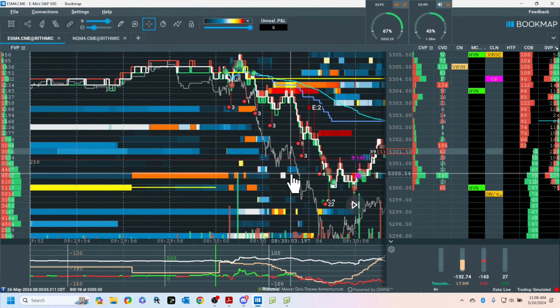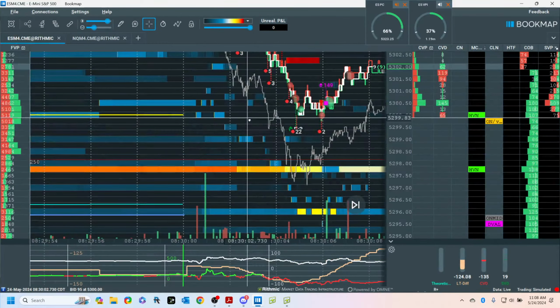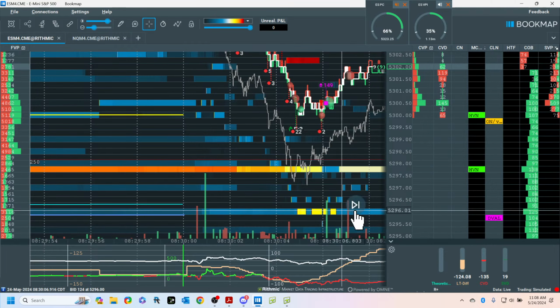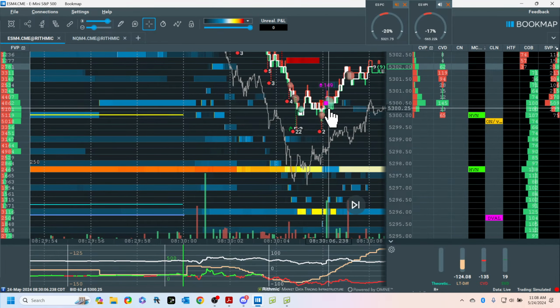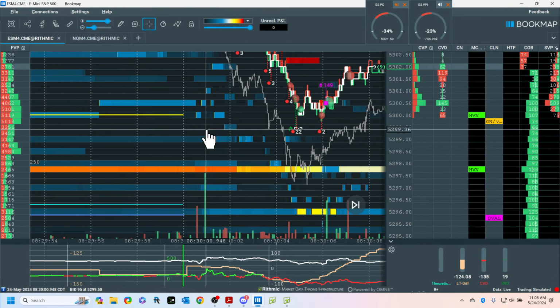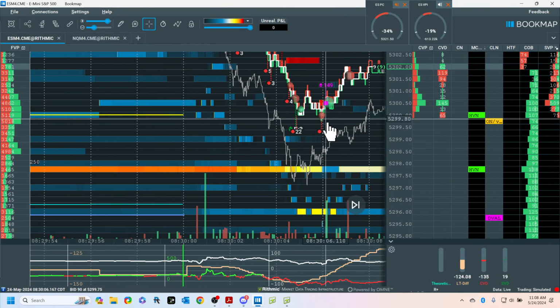This is my location. So my short, my target was to here, and there's more. And I have another target, the overnight mid, which just got covered up. It was right there. So I have this and this. So I'm going for this and for that. Just so you know, this is my next area.